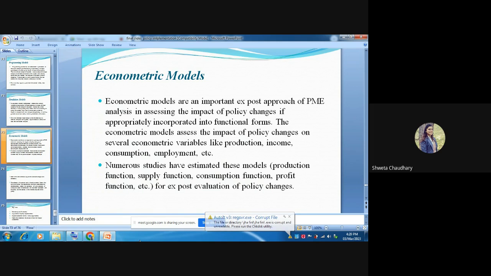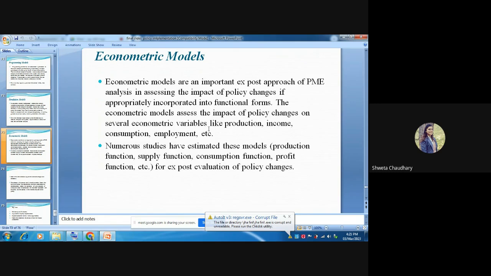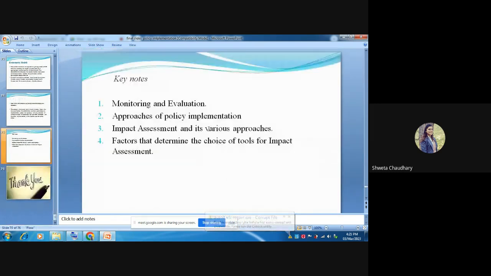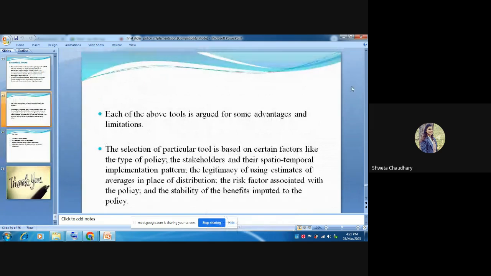Or what are the indicators? What are the factors affecting demand? So demand depends upon the income of the consumer, price of the commodity, price of the related commodities. So if we have to see the percentage of impact of income on demand of a particular commodity, then we have econometric models. If we have to see the percentage of change in demand due to change in income, or percentage of change in demand due to change in the price of the commodity, we go for econometric models. So these are certain models.